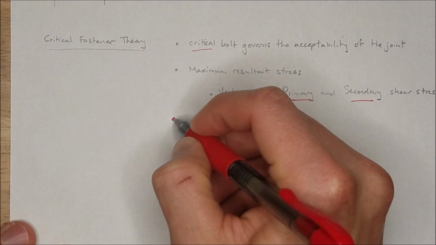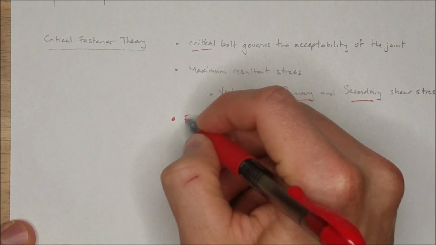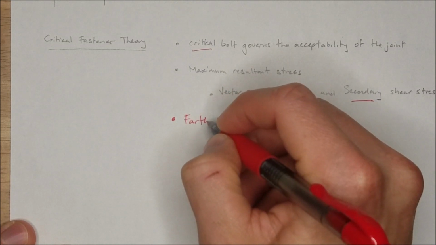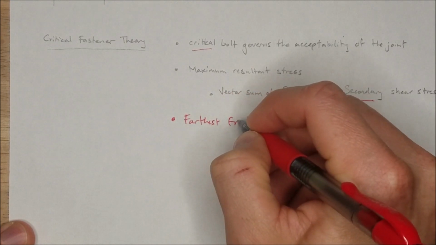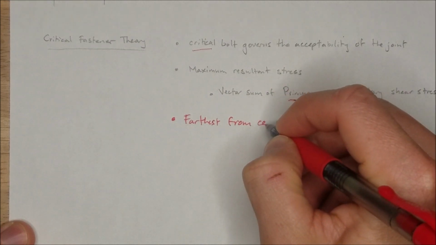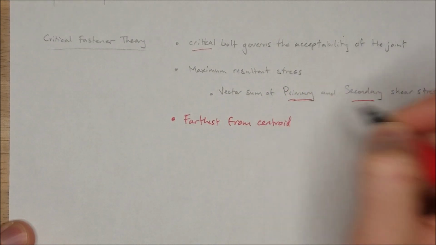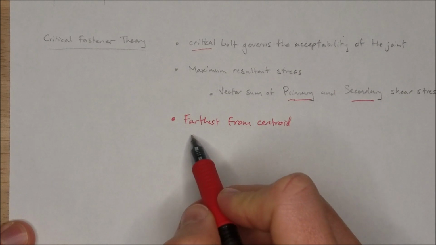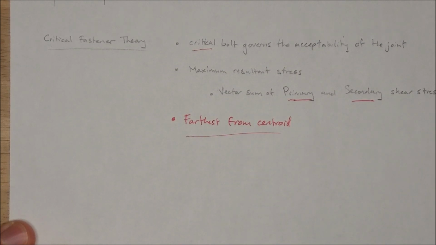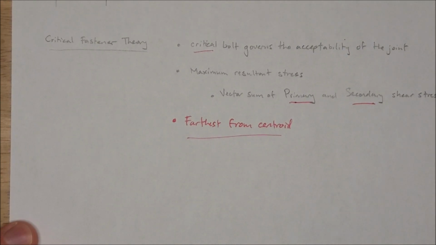Or another way to just make this faster, the critical fastener is the one that's farthest from the bolt group centroid. We'll see why, but you know you can find something that's far from the centroid, you got the problem solved. Or at least you got the bolt identified. Okay, so